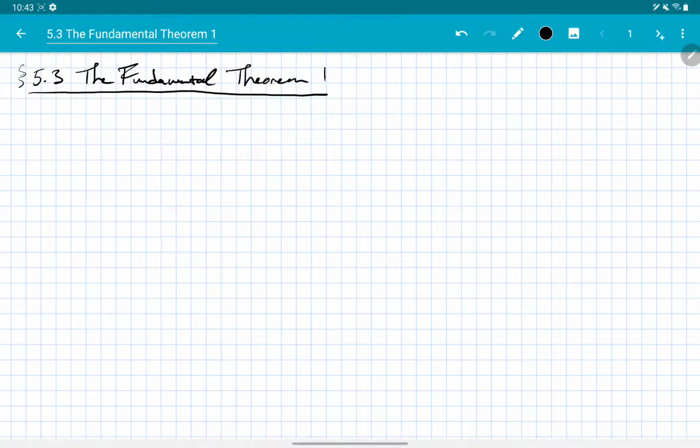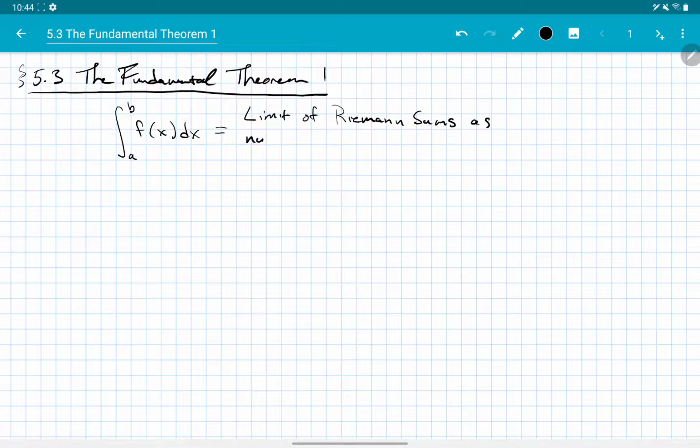Okay, today we're going to cover the first of our 2 days on the fundamental theorem of calculus. Recall from the previous section that we have the integral from a to b of f of x dx. This is standing for a certain type of limit. This is the limit of what's called the Riemann sums